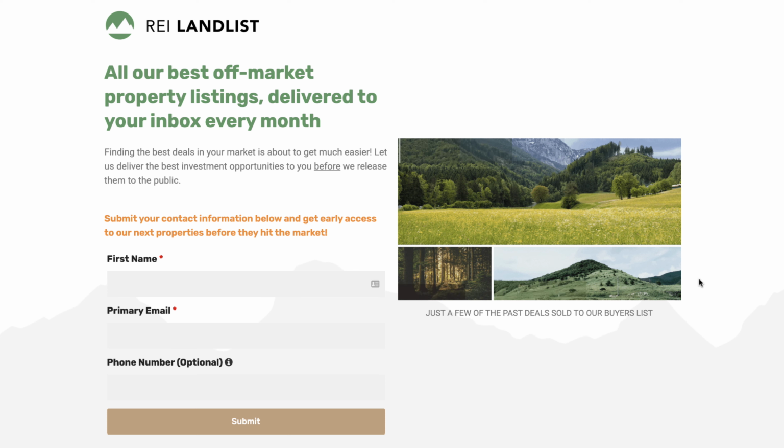There's probably a lot of different ways you could go at this in terms of making a really good image. This could be just a single property, or you could not even mention the numbers. It's kind of up to you, but think it through from the perspective of your end user, the buyer who's going to be signing up for your buyers list, and think, what would they want to see? What do they need to know in order to feel comfortable signing up? So that's the whole landing page side of things.